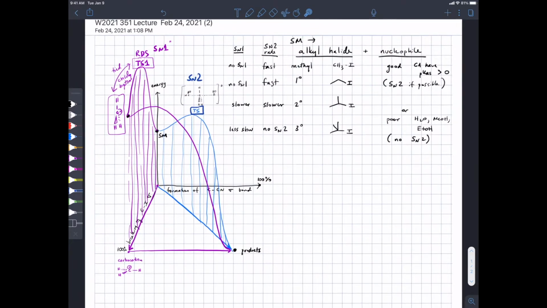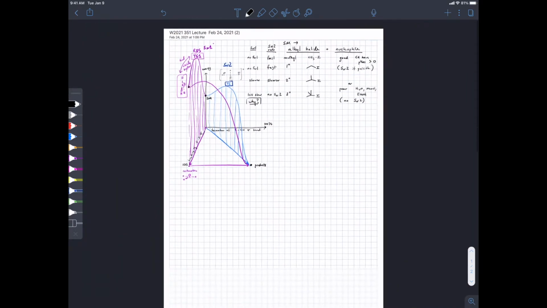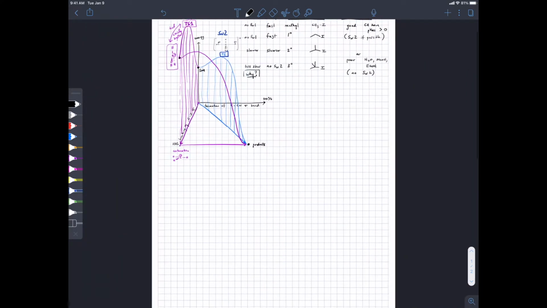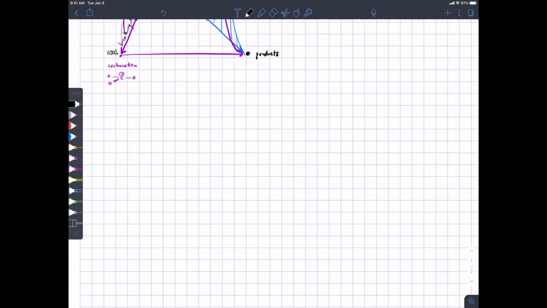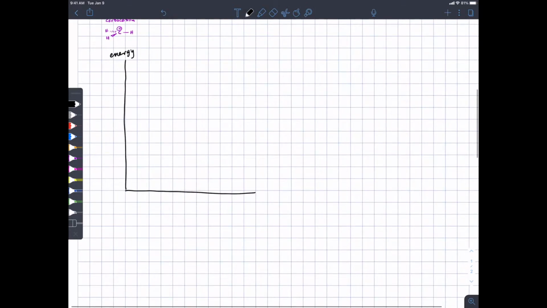So I want to talk about why the SN1 rate varies in this way. And to do this, it actually might be useful for a moment to draw the energy diagram for the SN1 reaction on its own separate axis. So on the y-axis, as usual, we have energy. On the x-axis,